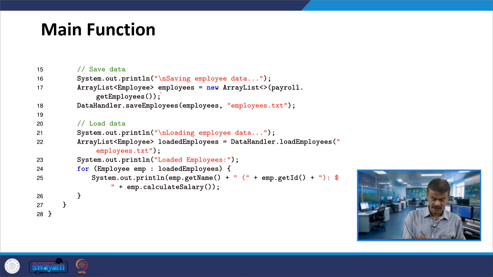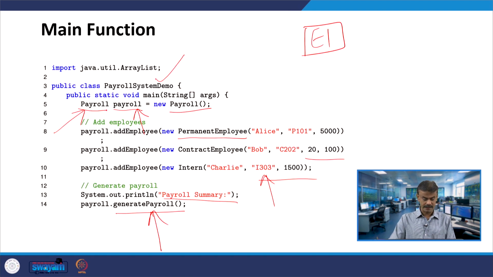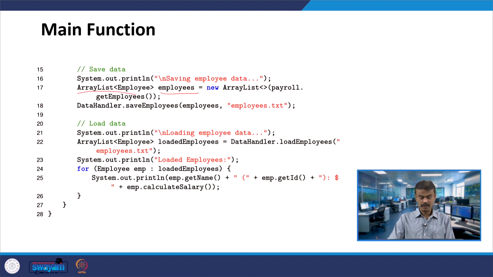Now saving the employee data. You have employees object under array list. This is the array list constructor passing payroll dot get employees. These are all the employees that you have added, and payroll is invoking get employees.